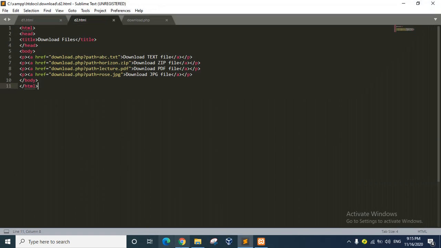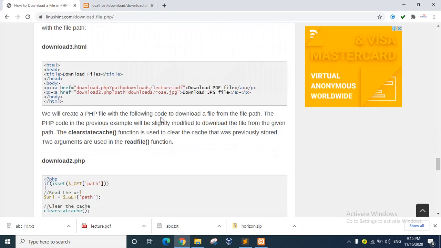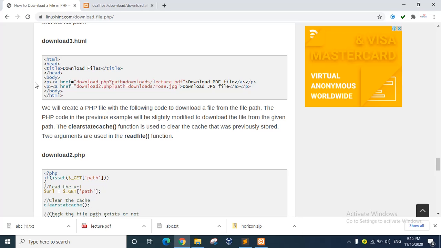If I type the path like this, path equal to abc.txt, then you can see the file is downloaded. And if you provide the file path name, not only the file name, then how to download? In the same way,